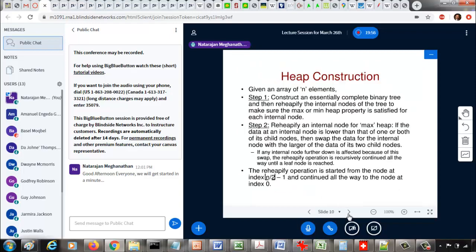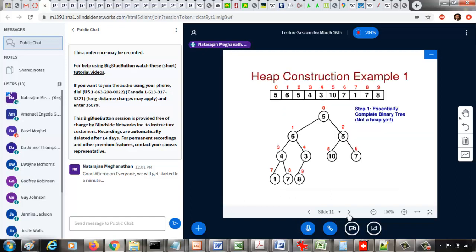Okay, so now what we are going to look at is how to build a heap. This is going to be part of a big picture: given an array of integers like this, we are going to look at an algorithm called heap sort to sort the array. In order to implement the heap sort algorithm, first we have to build a heap out of this array. So it is a two-stage process. We have to first build a heap and then sort that heap, or make use of the heap to sort